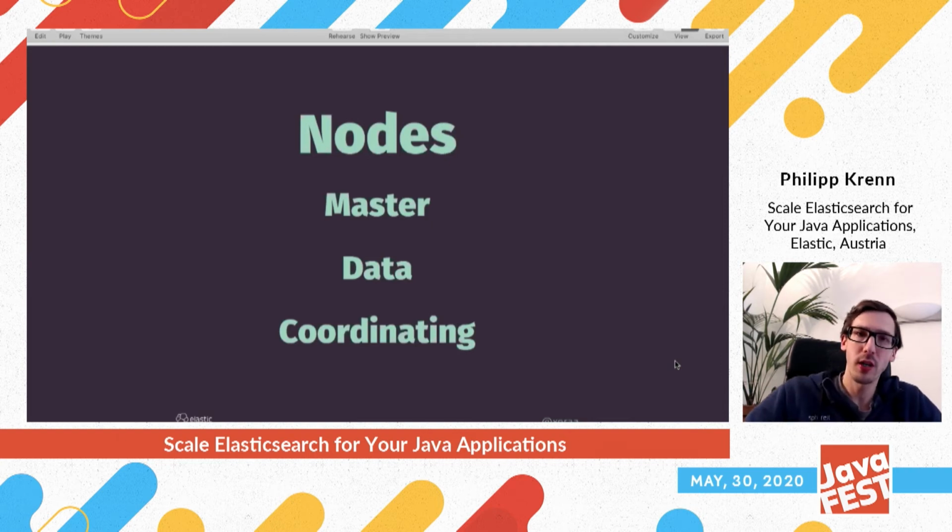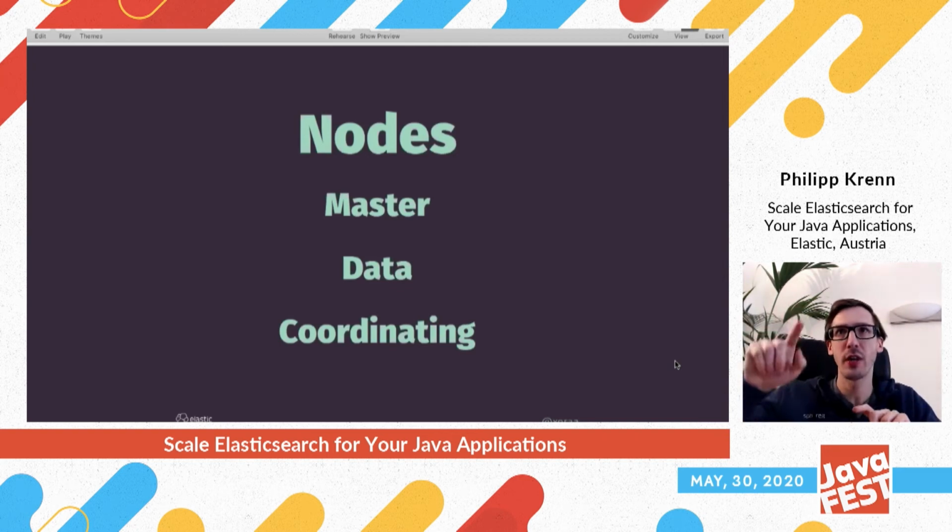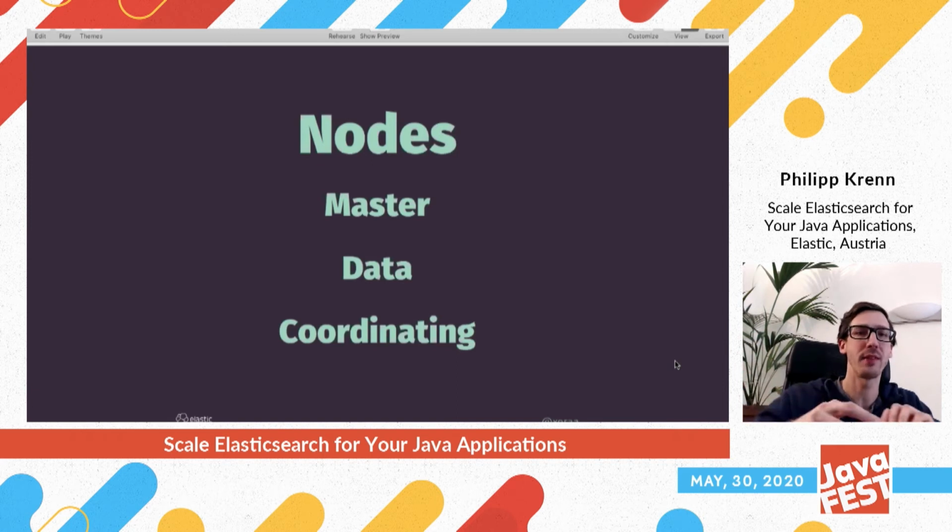You can optionally also have so-called coordinating nodes, or coordinating-only nodes. What they do is they're like a smart proxy. They are another Elasticsearch node, and they don't have any data themselves, but they know the topology of the rest of the cluster. They know, okay, you're searching this index, and it has shards here, here, and here on these nodes. It will then know it has to query those nodes, fetch the data,